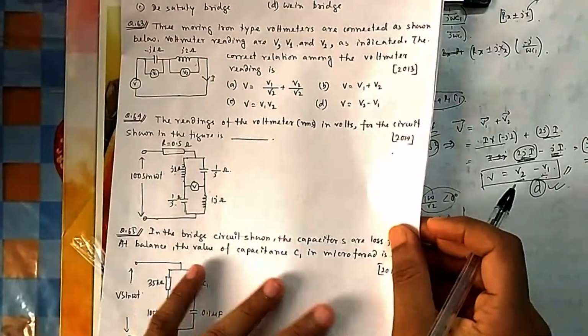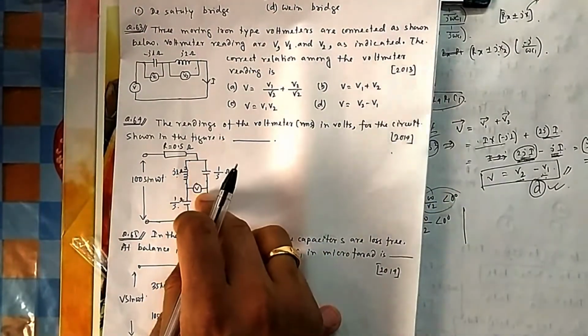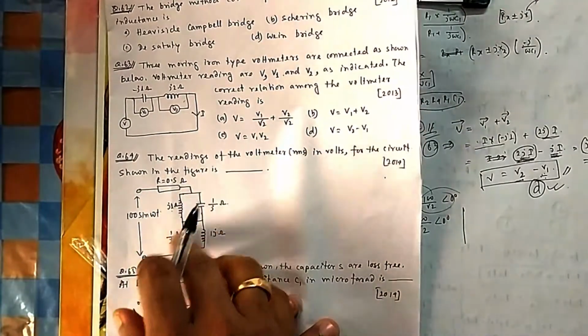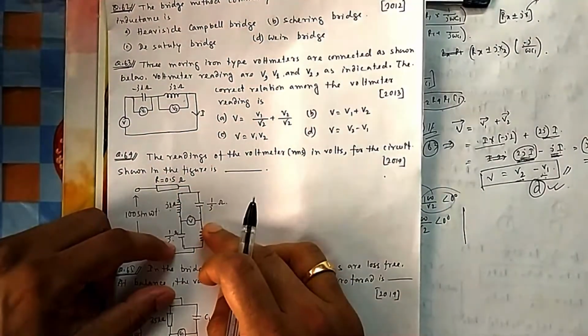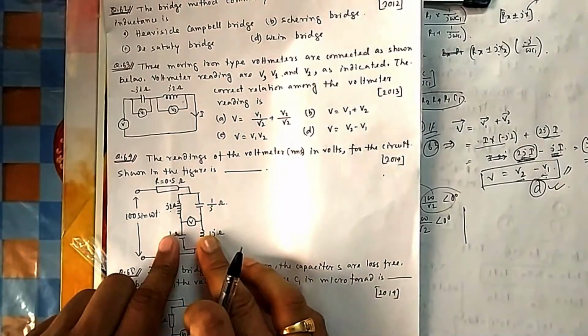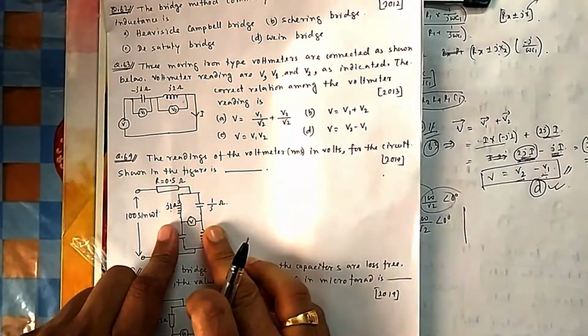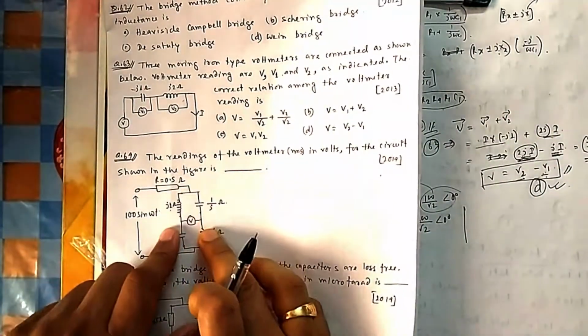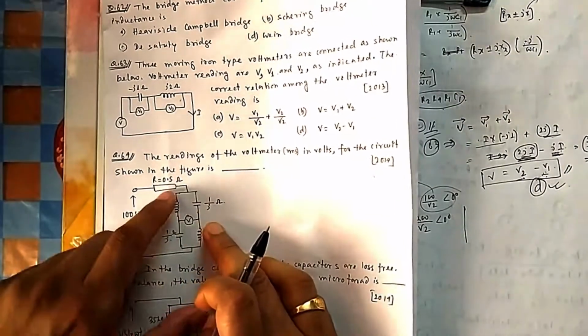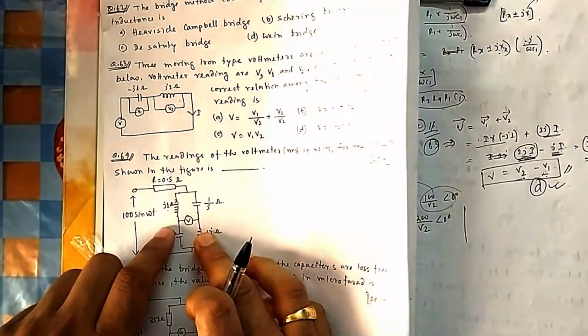Once you know I, this I is going to flow. You have two paths of equal impedance, that is also 0, that is also 0. So you have two different paths, and this I will get divided into two parts. Both are of equal resistance, 0 resistance, 0 resistance. So I by 2 will go through, I by 2 will go through.